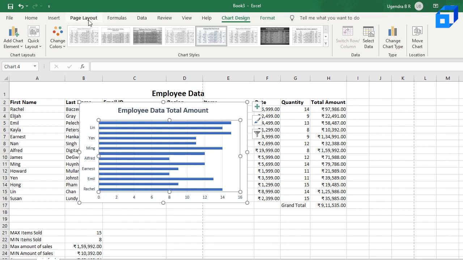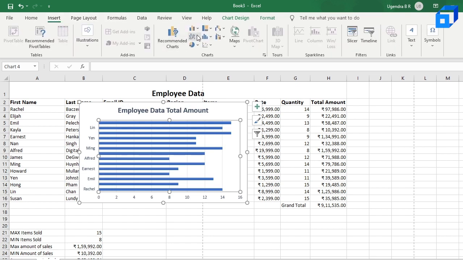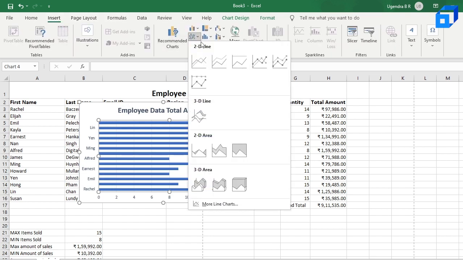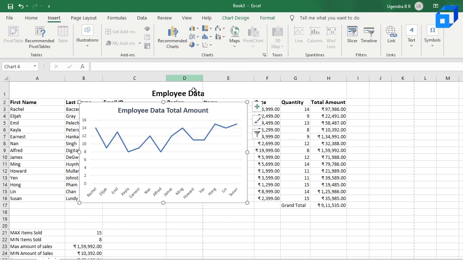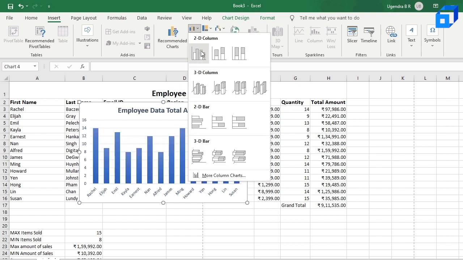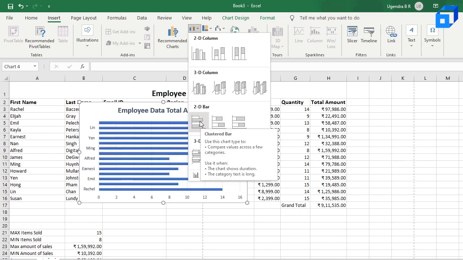You can also insert a line graph in Excel, so that's a line or an area chart. So let's use the 2D line instead of this. As you can see over here, this shifts the values to the y-axis and the names to the x-axis. As you can see, this is not that accurate, in the sense that it doesn't look that good compared to the bar chart. So let us move on to the bar chart again. So that's the 2D bar chart.